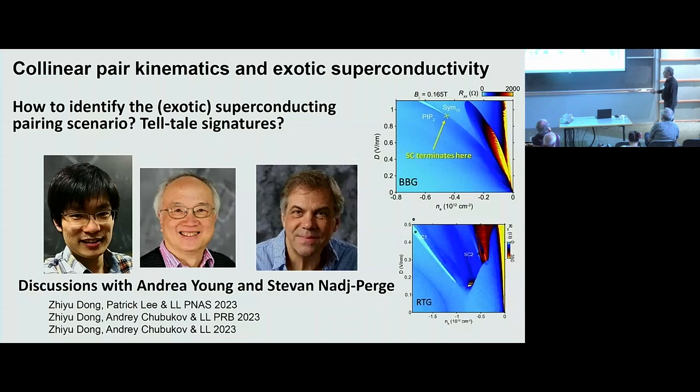I mean, this paper with Andrei was trying to understand what he already mentioned during Andreas' talk. And then what I want to talk about briefly is this paper, which is taking a slightly different approach. Here we're not trying to invent a new pairing glue. We're trying to ask a question: can we, by looking at the phase diagram, infer something about Cooper pair kinematics,